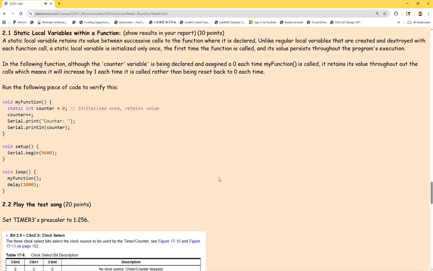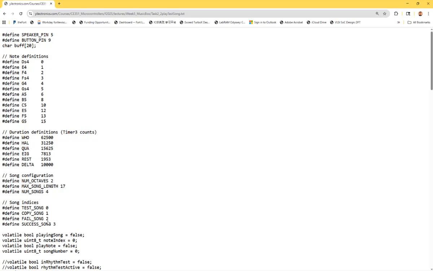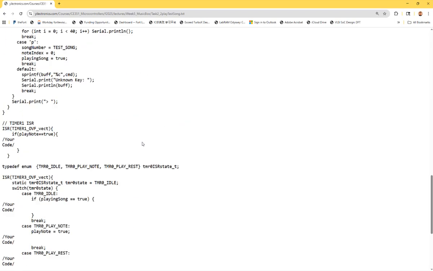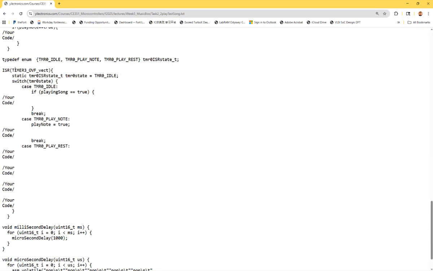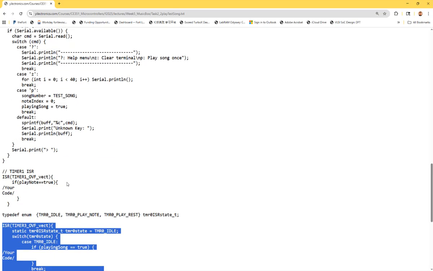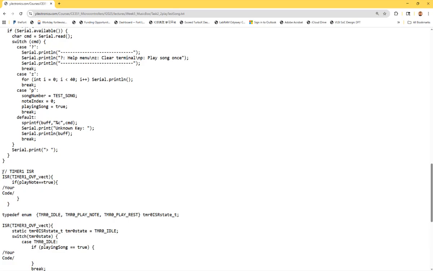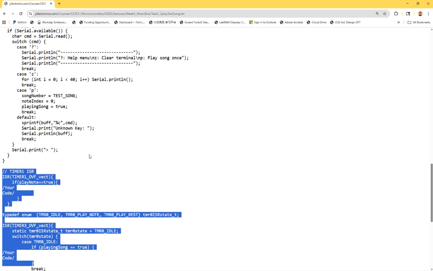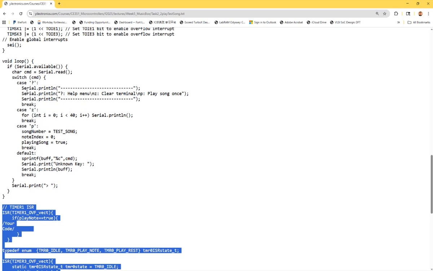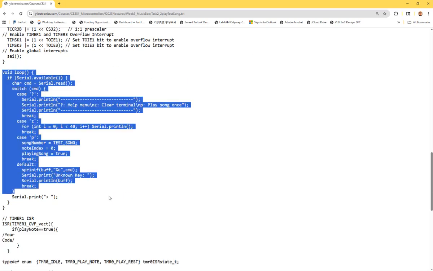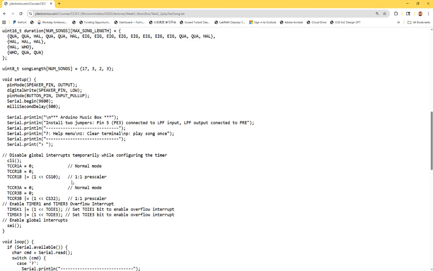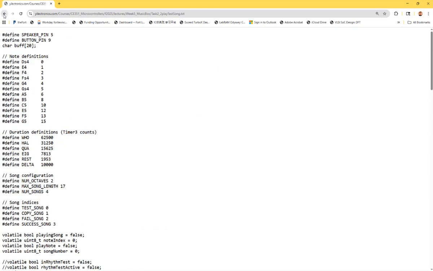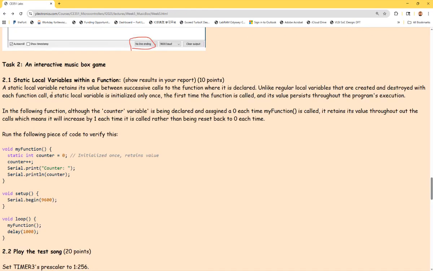That's the pretty simple one, because most of the code is already provided to you, and you just need to program the interrupt service routine a little bit over here. But the major part, because we have to use timer 1 and timer 3, 2 ISRs, I'm going to explain to you later. All the rest, the setups of the timers and the interrupts, are already given. And all this user interface, all the different modes, is given here as well. That's task 2.2. And task 2.1